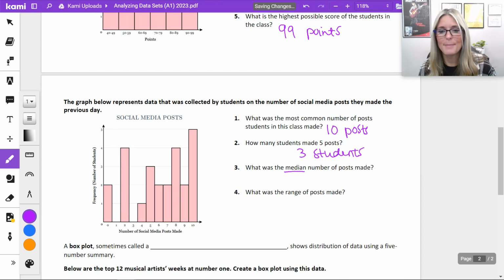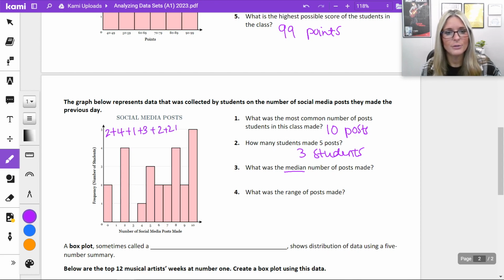Number 3, what's the median number of posts made? The middle. So let's see how many we have. Total students, we have 2. I'm going to label it up here at the top. 2 plus 4 plus 1. I'm here on 3. A 2 and a 2 plus 4, a 2, and then that 5. Total number of students is